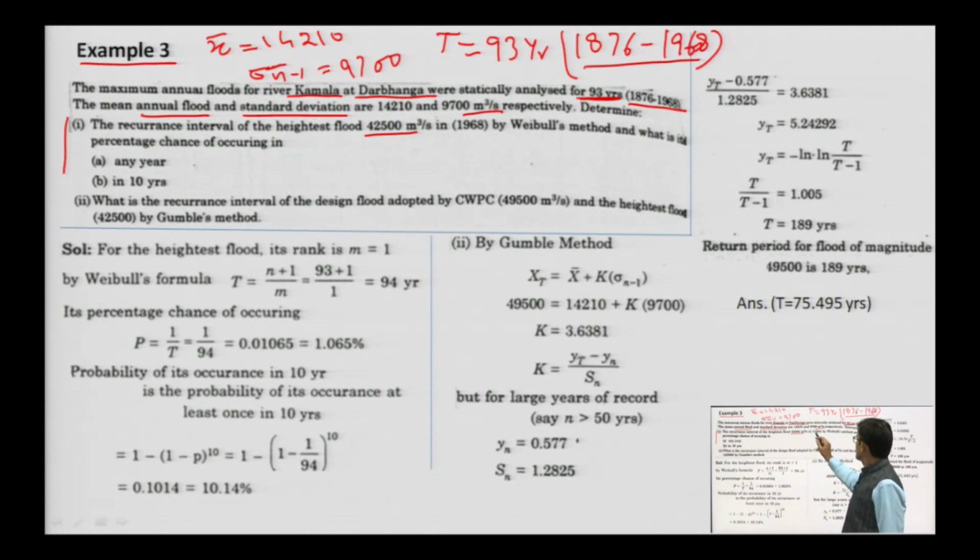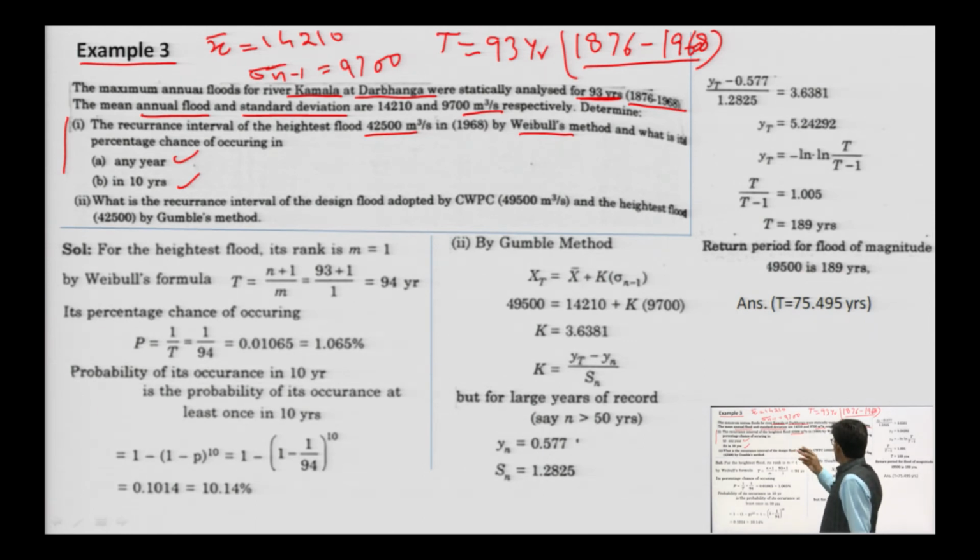in 1968 by Weibull's method, and what is its percentage chance of occurring in any year, in any year in 10 years. So, it is